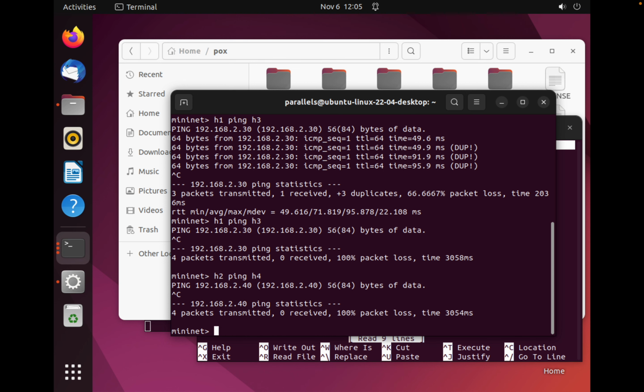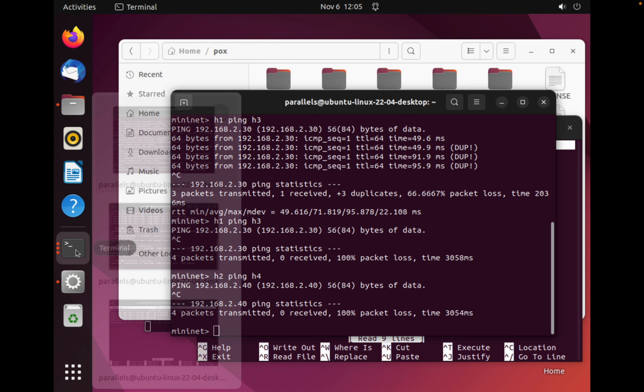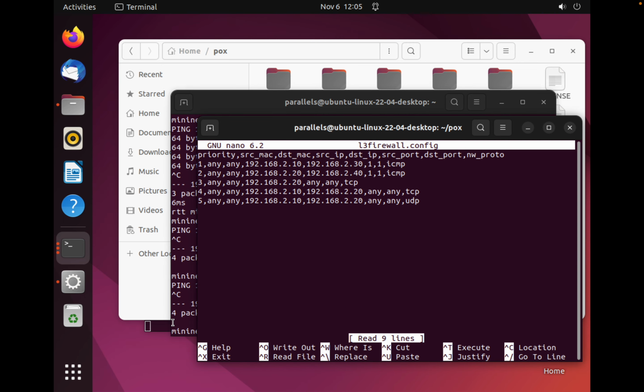All these configurations are already mentioned, as we saw in the L3 config. The first two lines block the ICMP traffic from h1 to h3 and h2 to h4. The third one blocks all the HTTP traffic on port 2, and